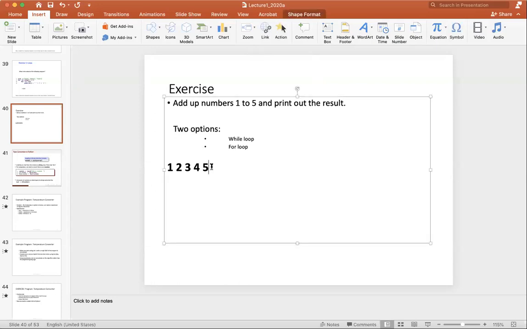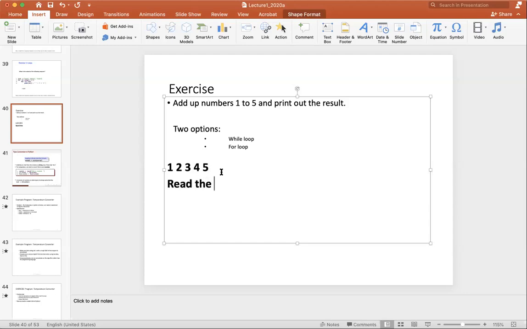Do you remember the algorithm that we wrote for finding the maximum number in a list? Now let's try to do the same thing. We're going to find the sum of numbers from 1 till 5, right? So how will you do that? How will you describe it? How to do it to a different person? Again, let's start like